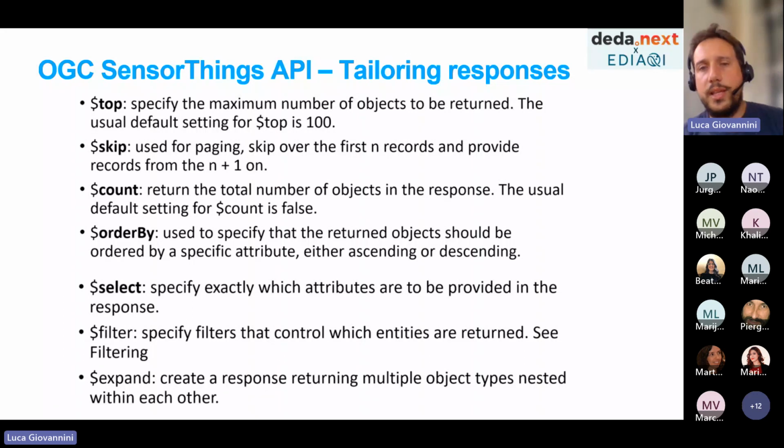And the second thing it describes is how users, and with that I also include machines using this standard, can access the data, either to add new data or to retrieve existing data.